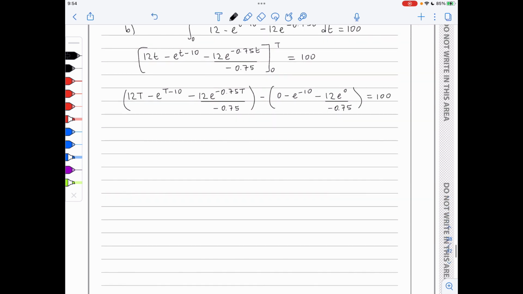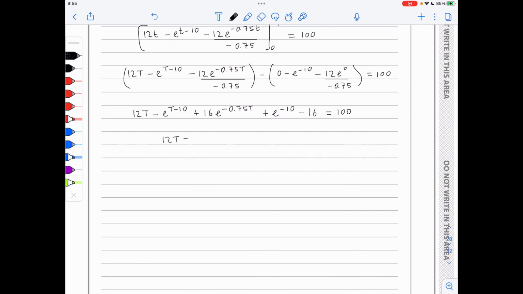Now this means that we've got 12T − e^(T−10) + 16e^(−0.75T) + e^(−10) − 16 = 100, and therefore we have that 12T = 116 − 16e^(−0.75T) + e^(T−10) − e^(−10), and if we divide by 12, we've got that T is 1/12 times (116 − 16e^(−0.75T) + e^(T−10) − e^(−10))